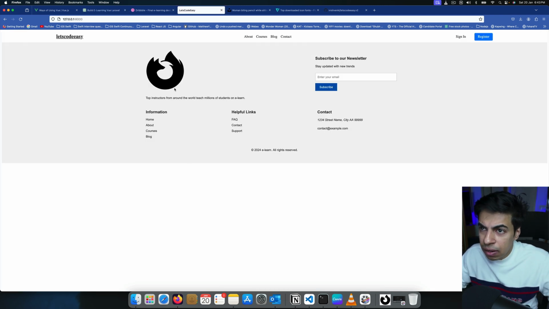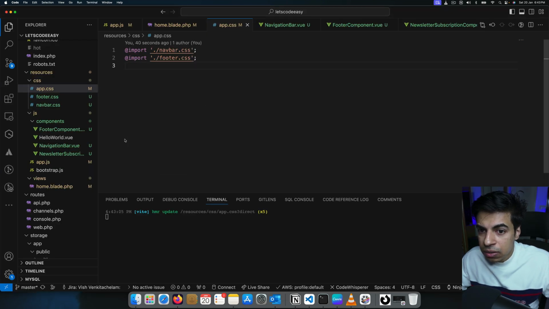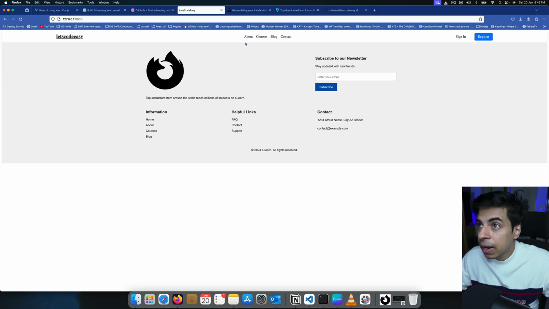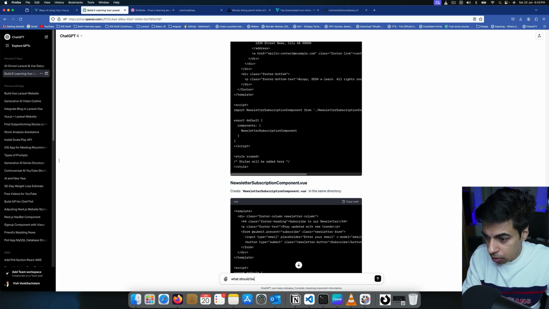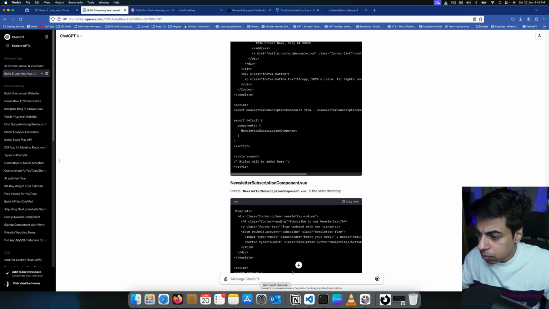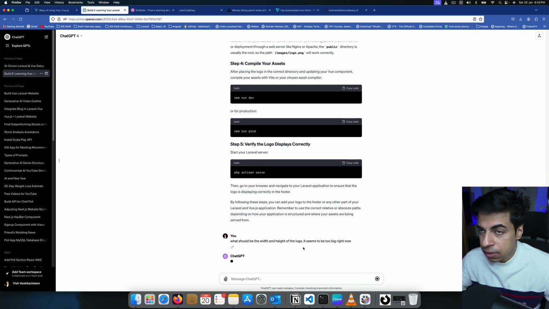Maybe this size is too big because it's not considering the width and height. And maybe we can ask what should be the width and height of the logo. It seems to be too big right now. That should give us some more answers. It's been giving a lot of answers,